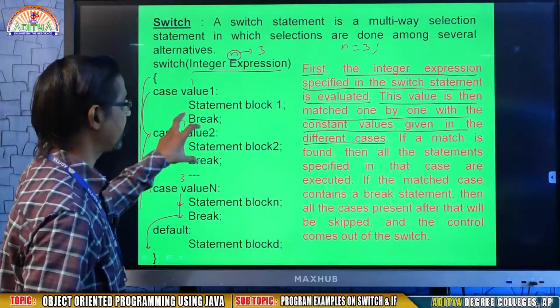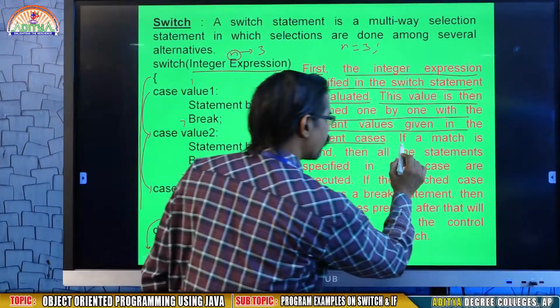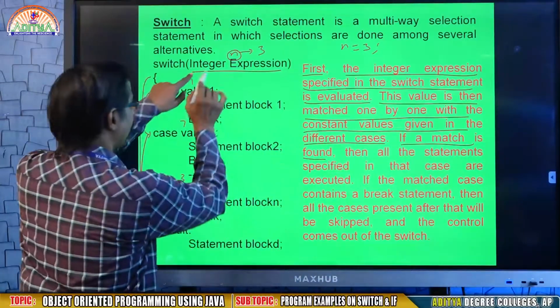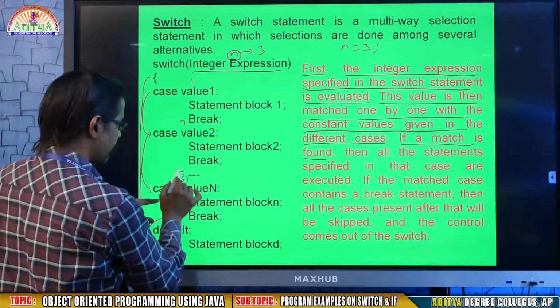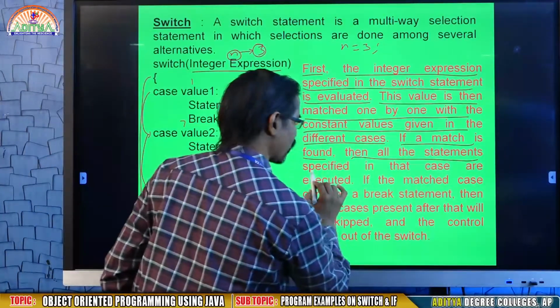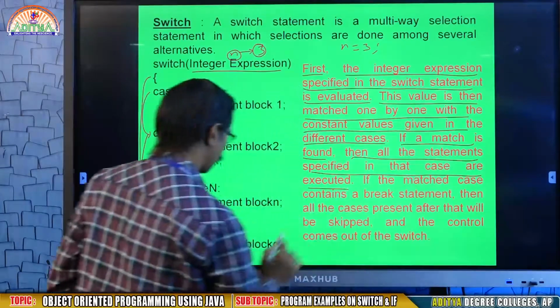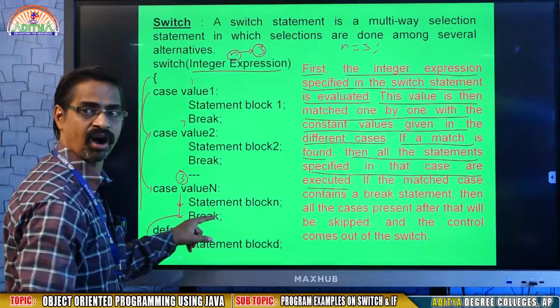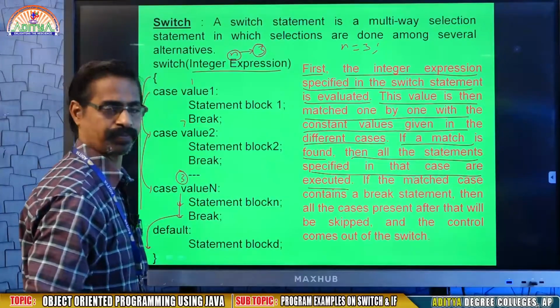This is what is going on in this subject. If a match is found, yes, my n value 3 is matching here, then all the statements specified in that case are executed. The body of the block is executed by the system.